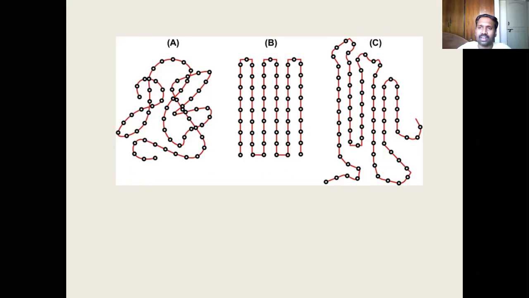Hydrogen bonding is a very important factor. Or it can sometimes be ionic bonding also if there are oppositely charged groups. Van der Waals forces of attraction are always there, or sometimes salt bridges. All these forces do come into the picture in stabilizing the chains of a polymer. But of course, this arrangement is not fixed here. It is not permanent. You can change this arrangement. For example, a very orderly arrangement can be broken and made random by simply supplying heat. Is it not? Those things are also there.